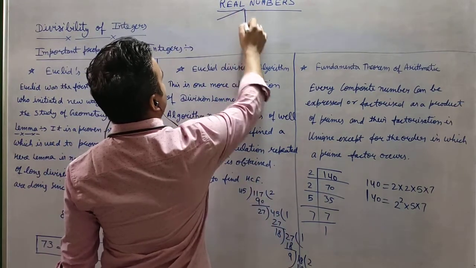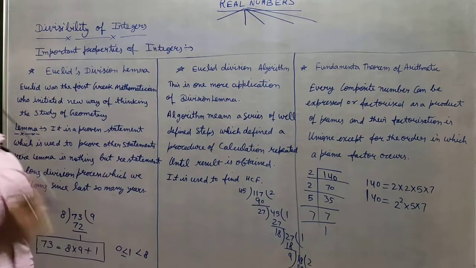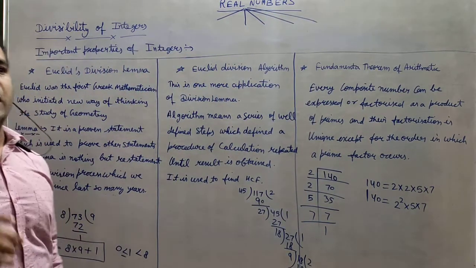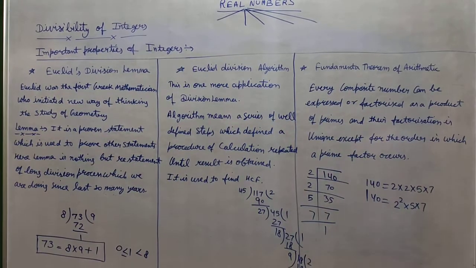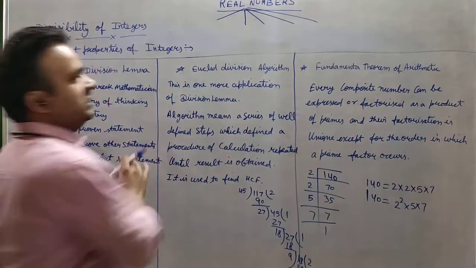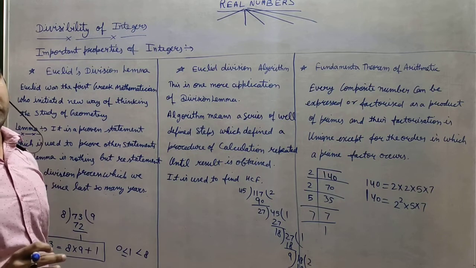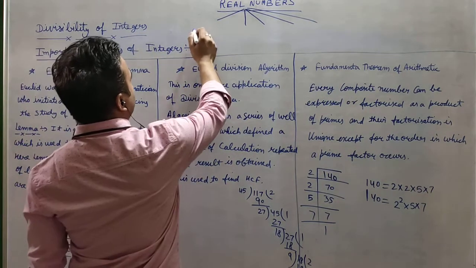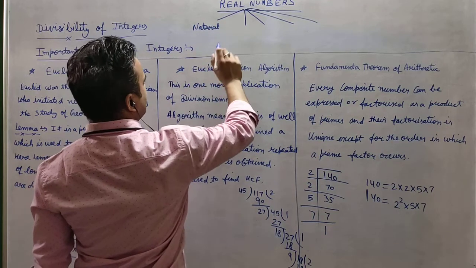Real numbers: every number which you have studied till now. I have used one statement here. Every number which you have studied till now. I am not saying anything else. So whatever types of numbers you have studied till now, they all will come in the category of real numbers. If I start from the beginning, we have studied natural numbers,